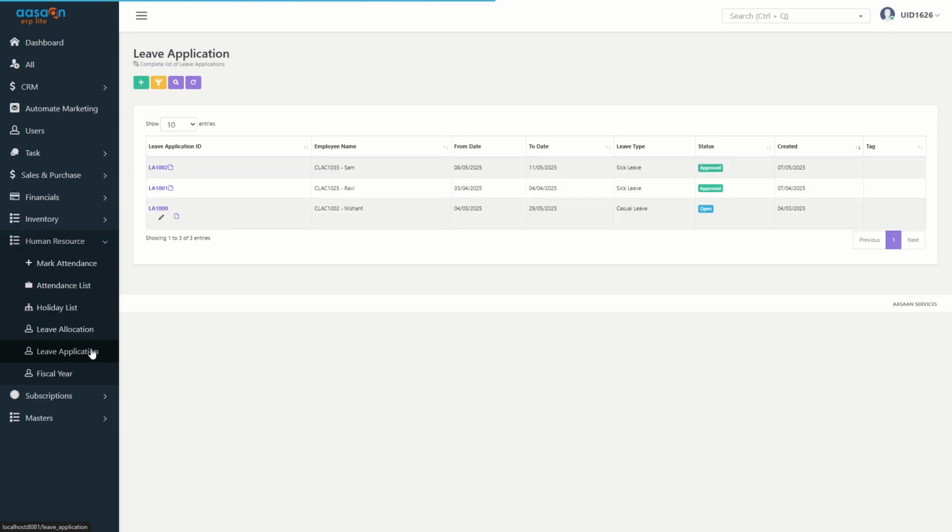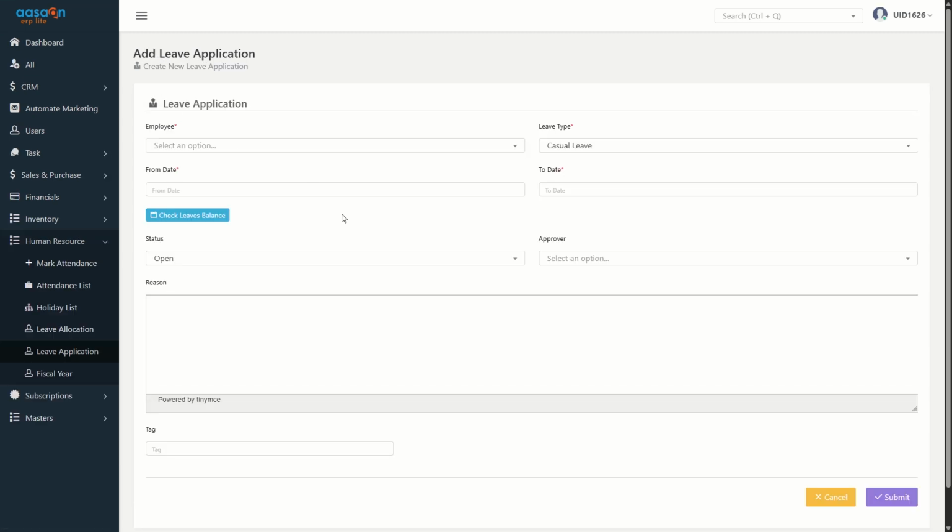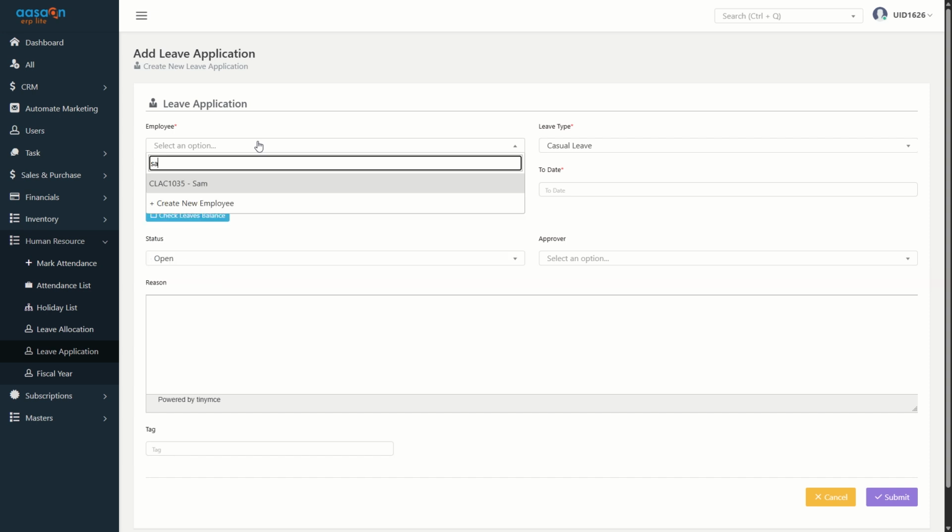So once you click on leave application, this page will load up where you'll see all the leave applications that you have previously added. You can also check their status, currently approved or open, and all those things. So the buttons are similar on this page as well. We'll simply click on the plus button to add a new leave application. Then suppose we'll select the same employee, Sam,